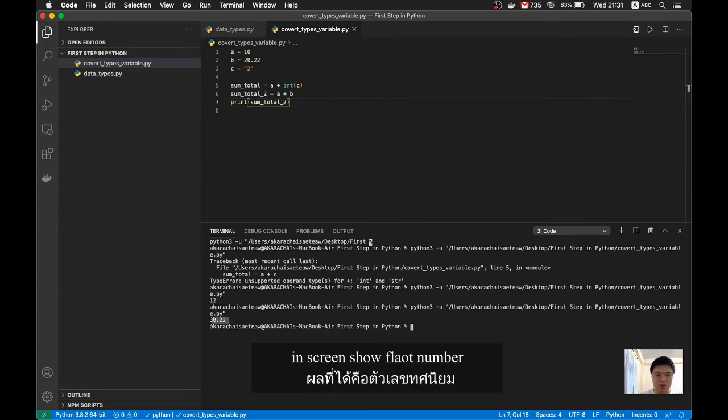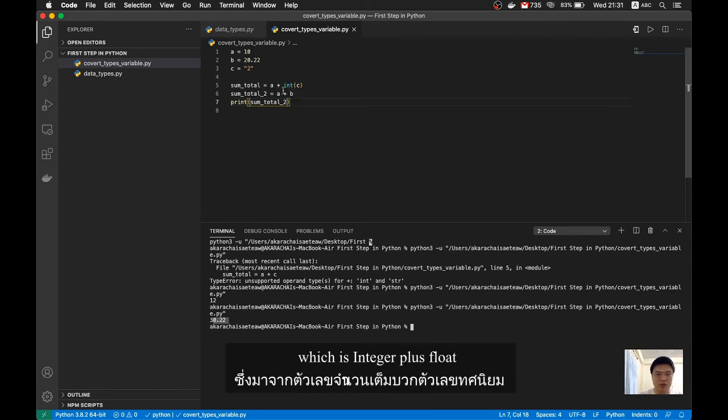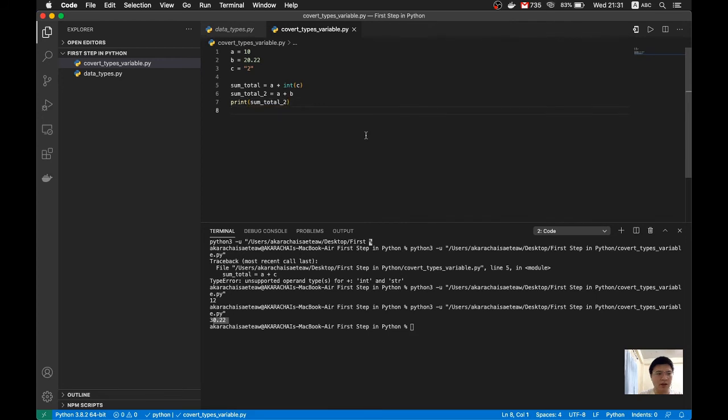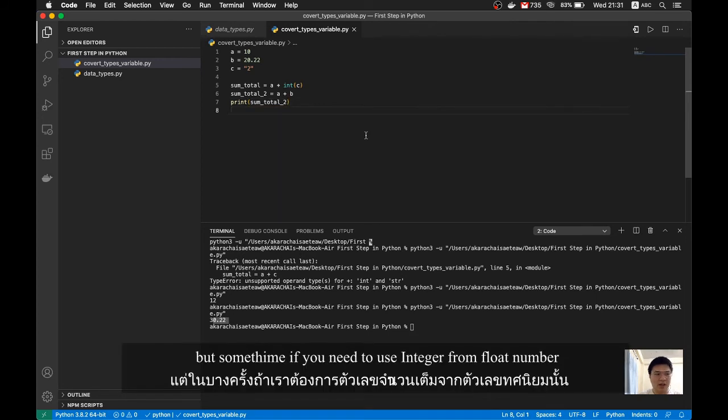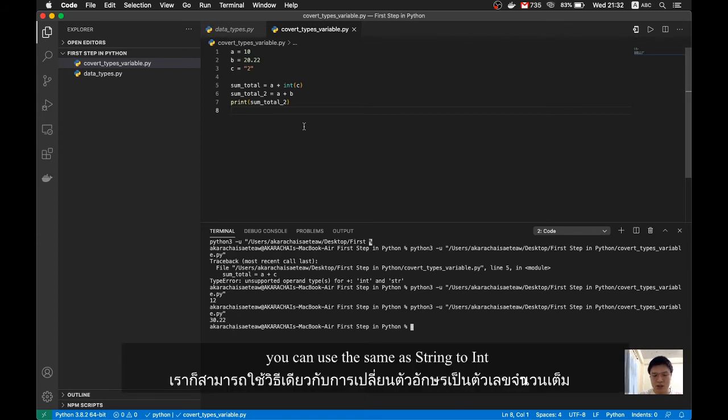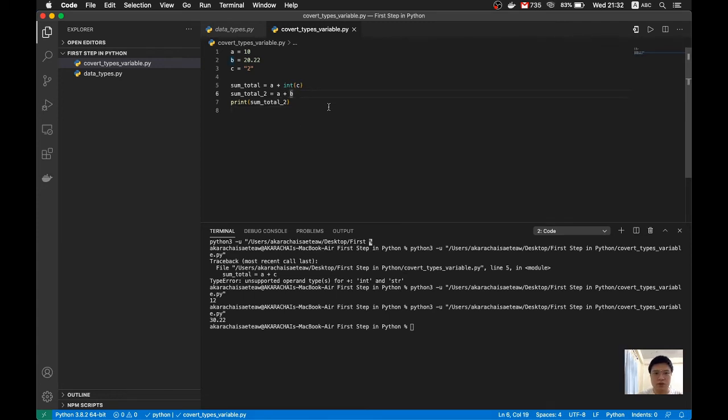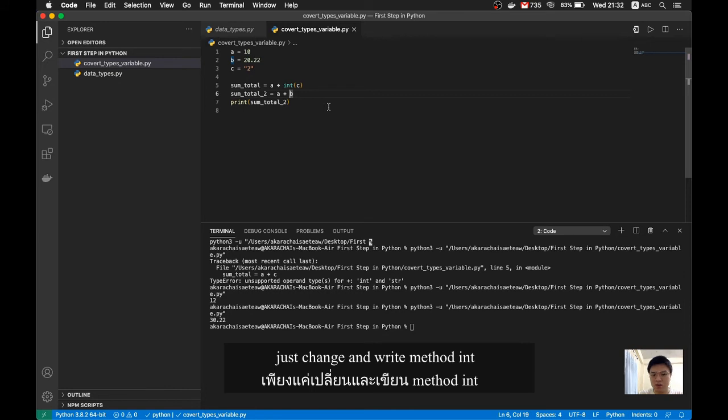On this screen, we show you a float number from integer plus float. But sometimes, if you need an integer from a float number, you can use the same way as string to int. You just write the method